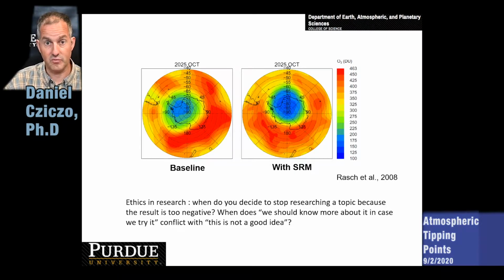So we'll just close with an ethical thought here, and this is something that I can't answer for the viewers of this. I think everybody is going to have to answer it for themselves. But we have to ask this question: when do you stop doing research in an area, or when do you stop thinking of this as a potential solution to climate change? Is there something that you're not willing to do? And so for me personally, I'm not willing to think about reduction of the ozone layer and possible increases of skin cancer in an attempt to drop temperature.